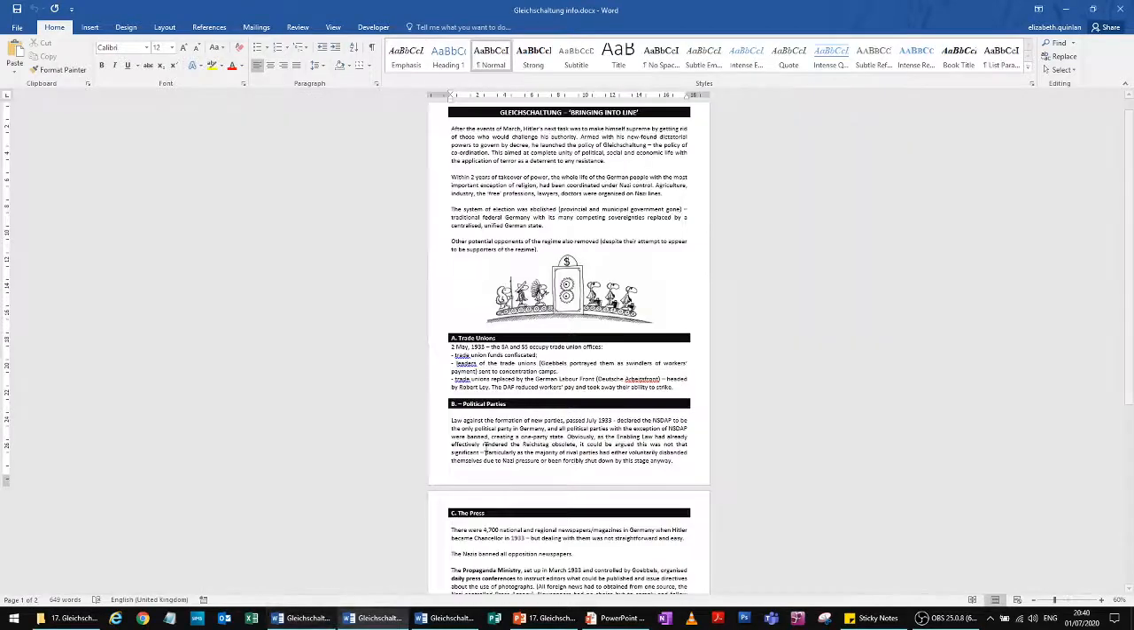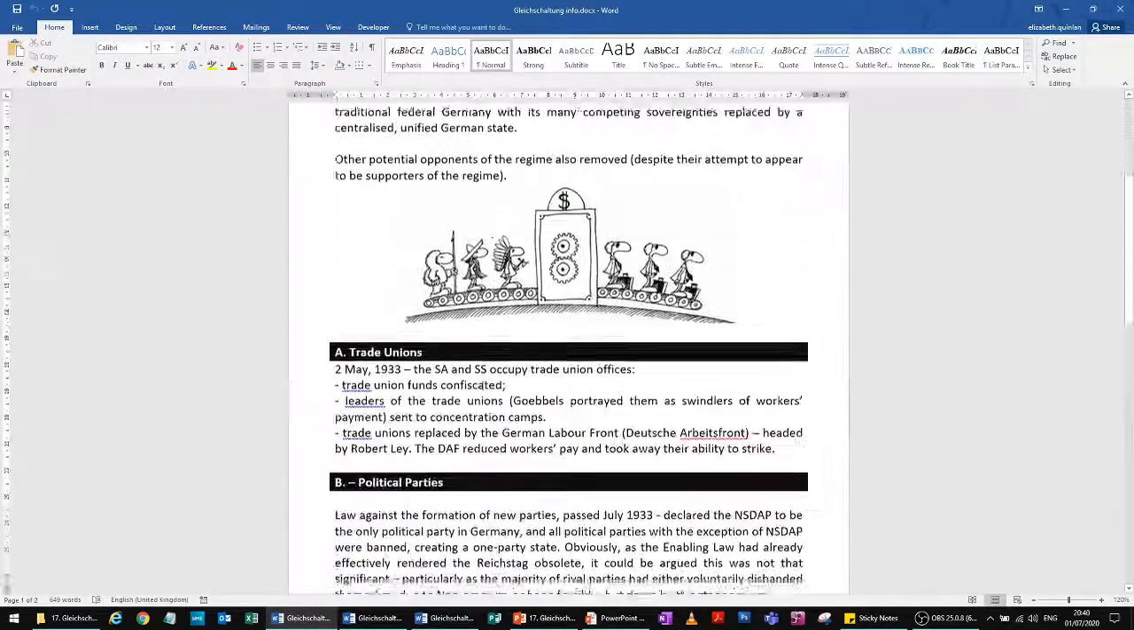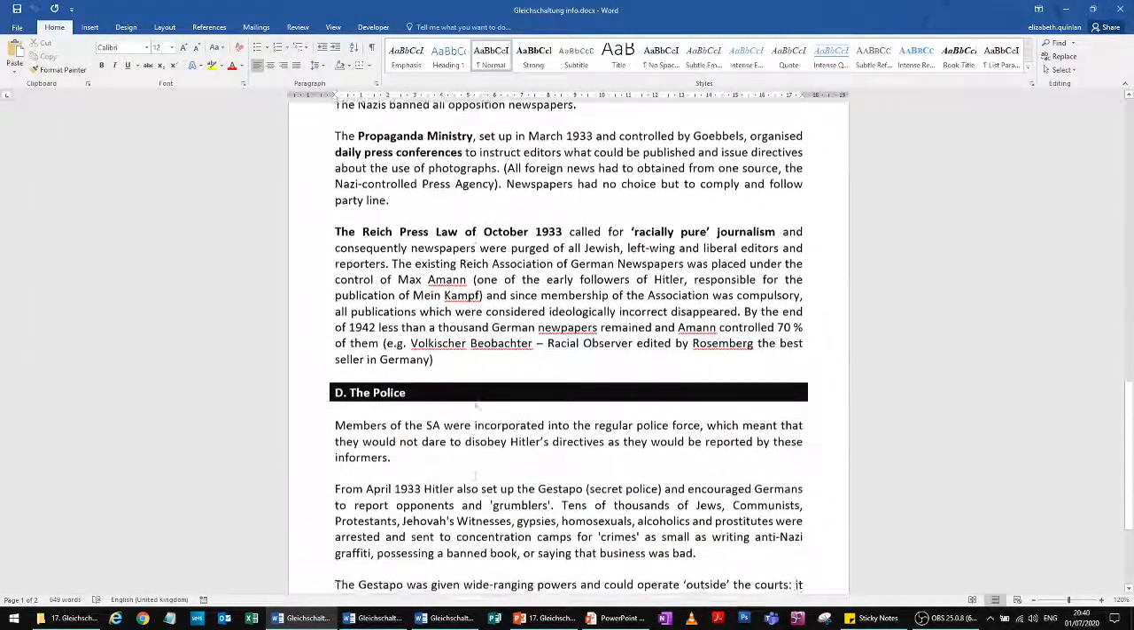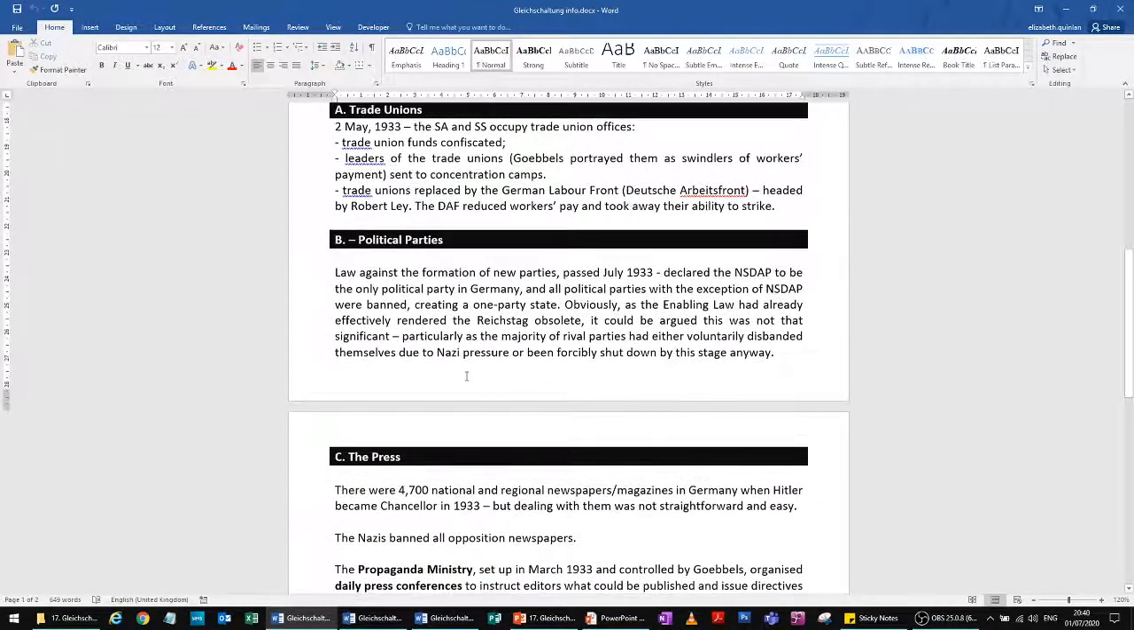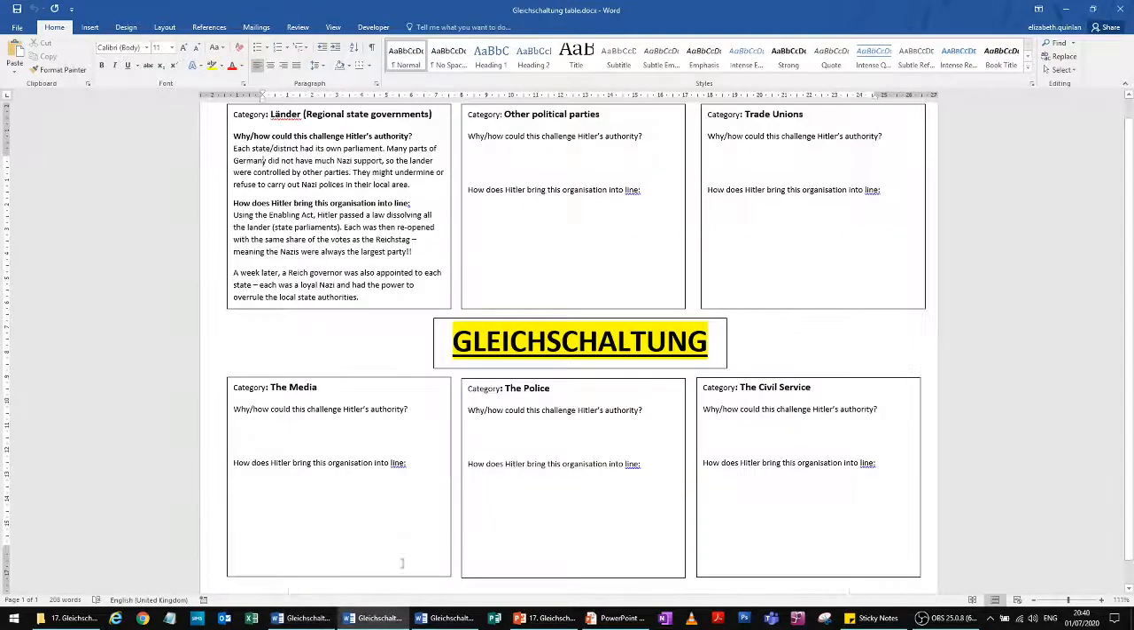So what you're going to do is use this information sheet to tell me what Hitler does to each of those groups. How does he make them more Nazified? How does he bring them into line through this process of Gleichschaltung? For each one, you've got to tell me how they could challenge Hitler's authority,